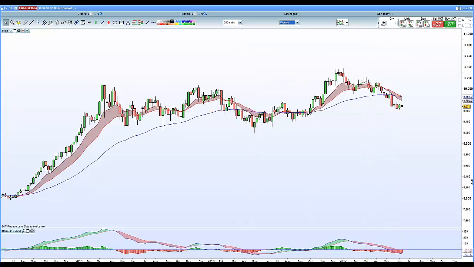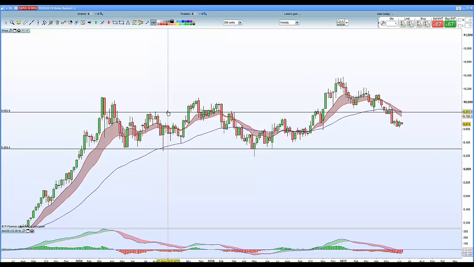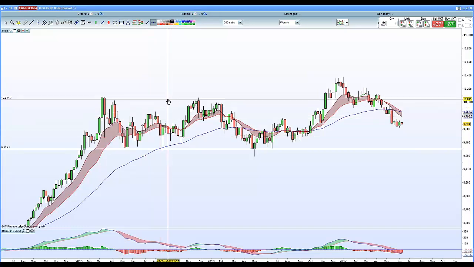So let's take a look at the weekly chart first. Now, if you look at the weekly chart, you can see that the market is in a downtrend right now. It's in a downtrend, and if the market is consolidating in this range, there is a possibility that it might consolidate all the way back down to 9400, which means the dollar will be weak. Okay, if you look at the daily chart,